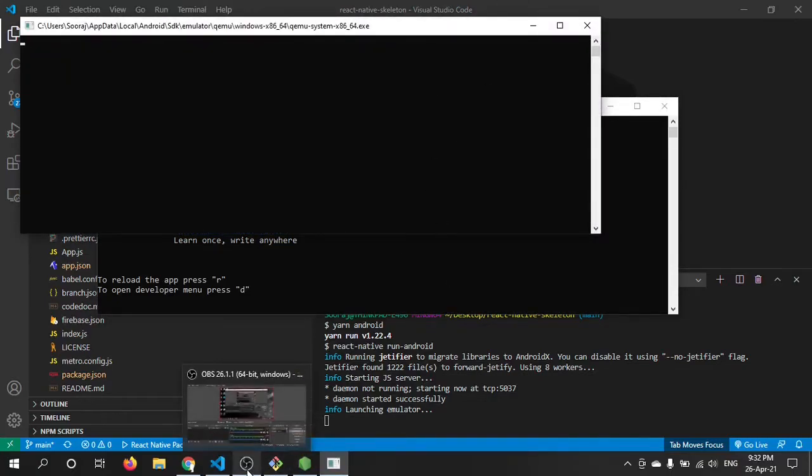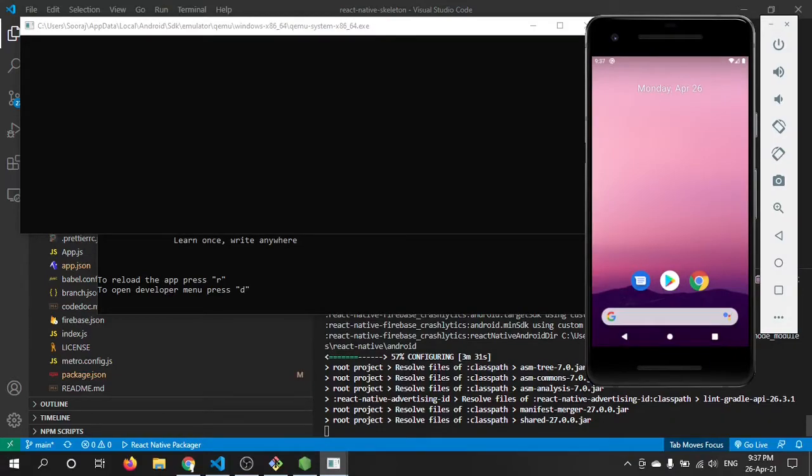Let me hope it will complete in a few minutes. It's at 57% right now. It's taking a little bit of time. See, my machine is not that great. My machine is a ThinkPad having 16 GB RAM and an i5 processor as well, but still it's not giving that much performance for this app development.